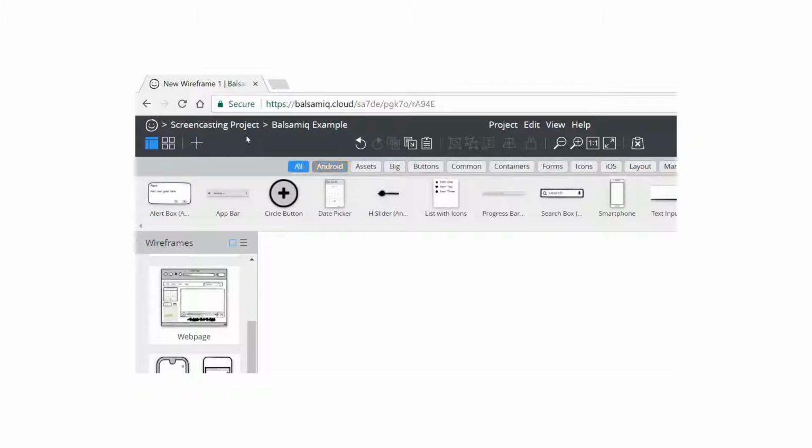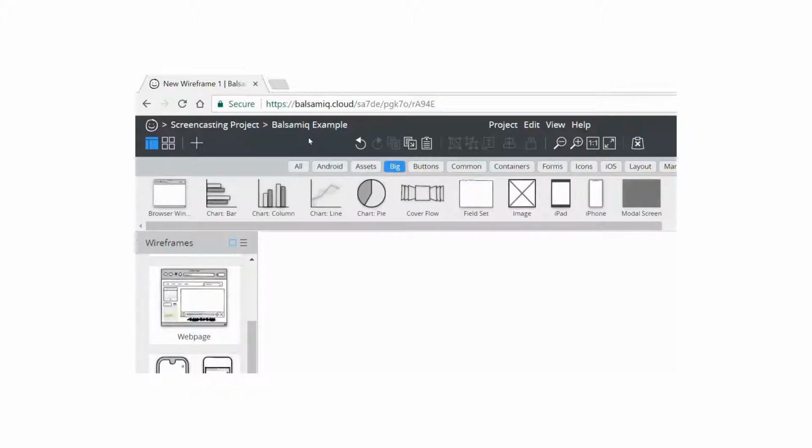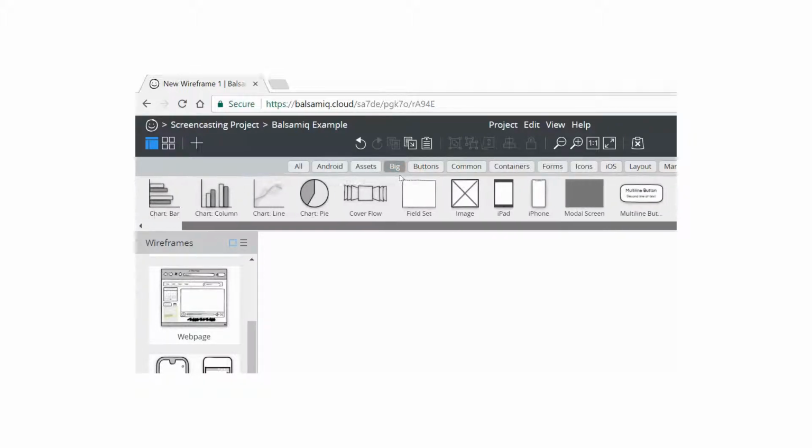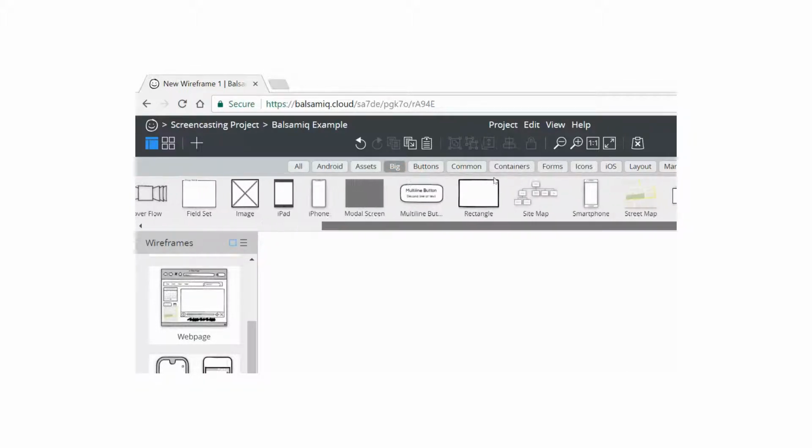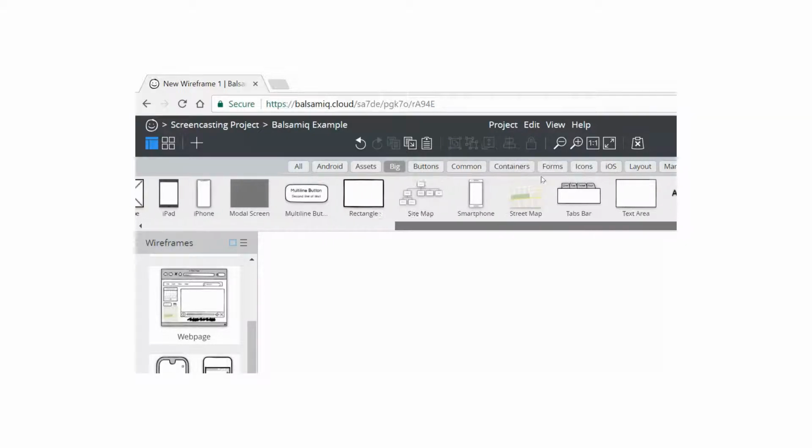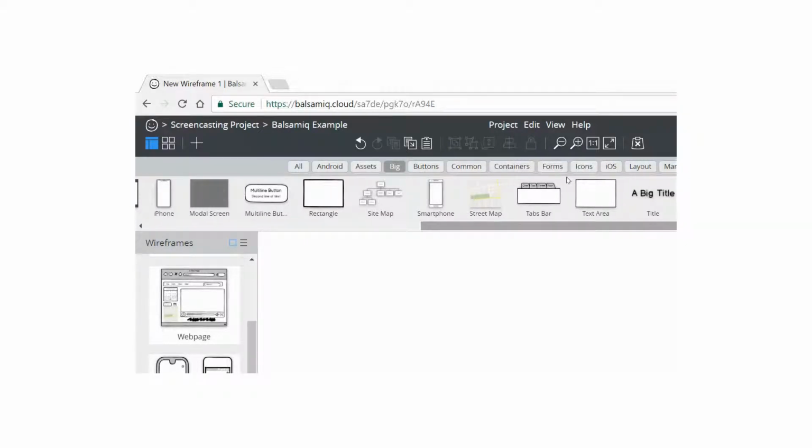Next to that, you have a tab that says Assets. Assets are a premium. They would cost extra to see, so we'll skip over to Big. The Big category shows us some of the larger elements you can insert. There you see the sitemap, the cover flow, an image symbol, charts, graphs, those kinds of things. You can scroll over to see the map, some more tab bars, the title, maybe a toolbar, video player, webcam,